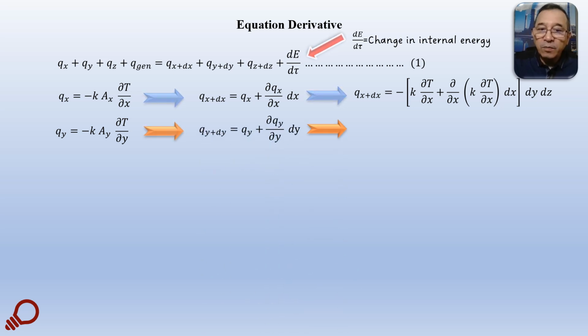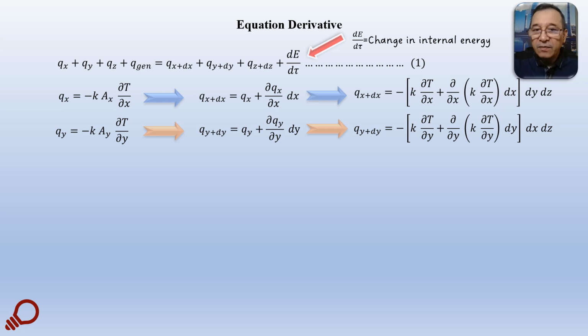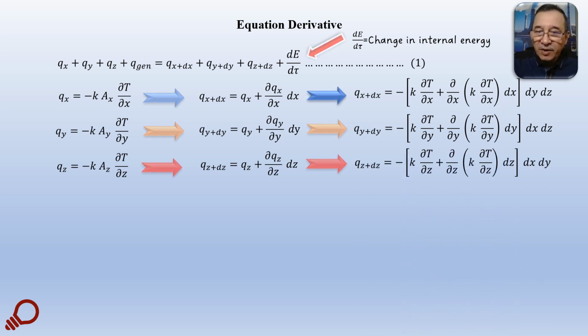And then we have q sub y plus dy equal to q sub y plus partial q sub y by partial y dy, and then we will get a similar form in the y direction. And finally, in the z direction, we may get the same expression for q sub z plus dz equal to